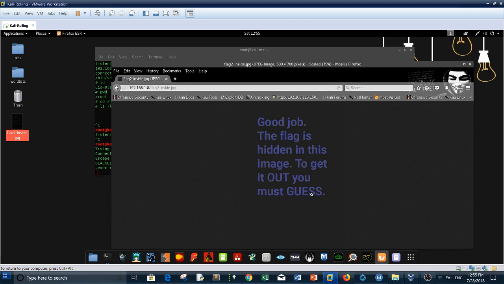But outguess is a tool that I couldn't find on the internet, so if you have any suggestions about how we can find this tool, outguess, or we can use another tool to extract flag2 from inside the image, which is your last step to complete the challenge, please put it down in the